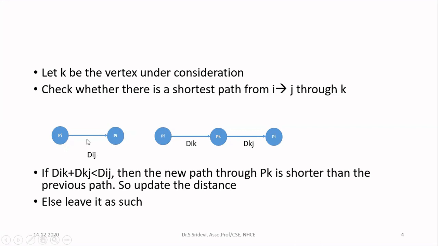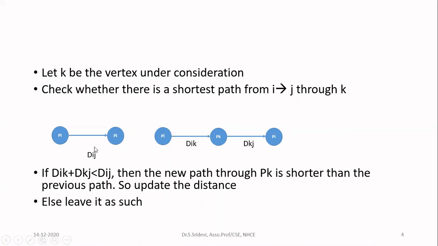Now, let me consider this particular figure. There are two nodes Pi and Pj. Let me assume that Dij represents the distance between Pi and Pj. What is the meaning of this edge? It is a directed edge. It tells that if you want to go from node Pi to Pj, the cost is Dij. Cost can be a distance, or otherwise a measure of traffic, or time to reach from one node to another node. It can be anything, but we are going to call that distance.